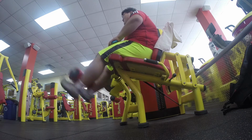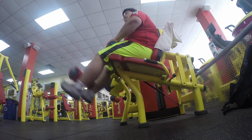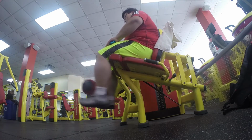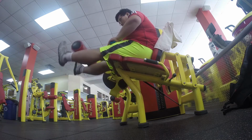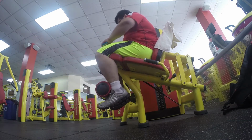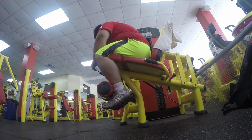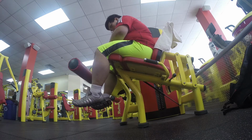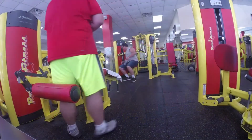My phone needed to be charged. I was testing out the GoPro's wireless function, and when I got to the gym, the squat rack was filled up by 2 or 3 guys doing squats. So I was hoping maybe I do some leg extension, maybe some leg curls, and